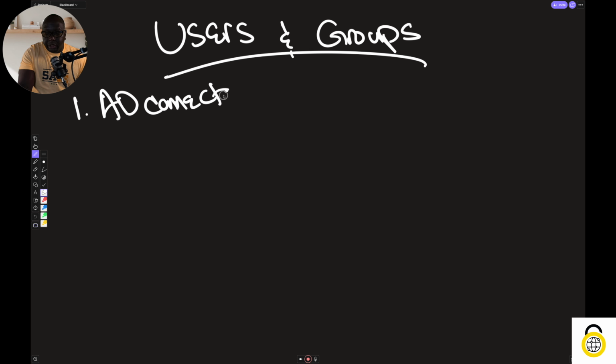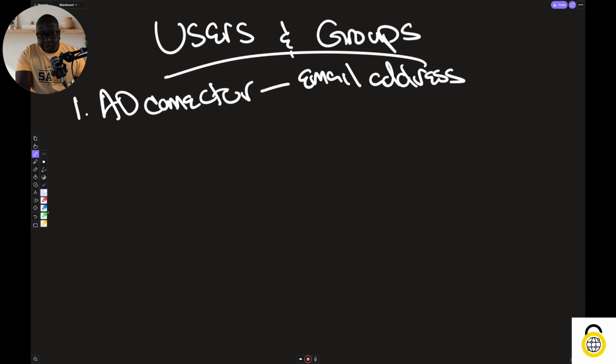So the AD connector is a little piece of software that you put on AD, and then it publishes whatever users and groups you have in AD into Secure Access. This is pretty much a very simple way of getting users into Secure Access. Now, the key to this, though, is it's going to look at the email address for every user. So if you don't know, in Secure Access, basically all user IDs are going to be email